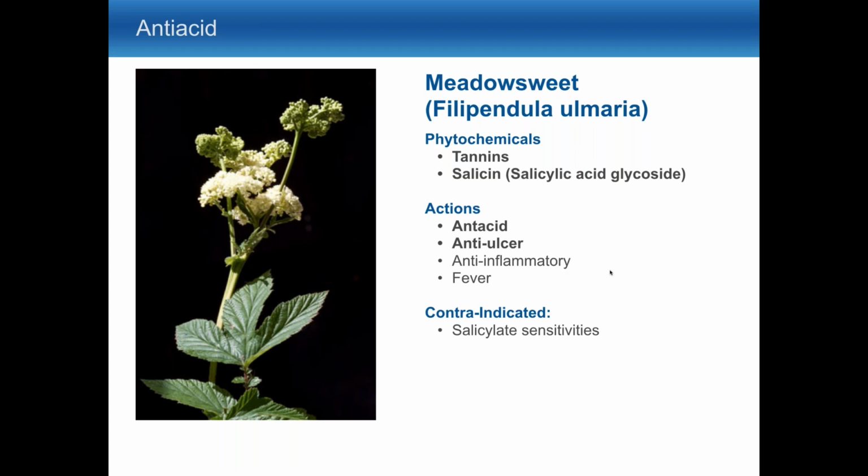And I would use this more if people weren't coming in on drugs like proton pump inhibitors. I probably would be using this more for more chronic cases of heartburn if I needed to kind of bring down the stomach acid at times and heal an ulcer. But because we're kind of working in an integrated fashion, sometimes I may not choose to use this. What else about this? In general, you got to be careful about